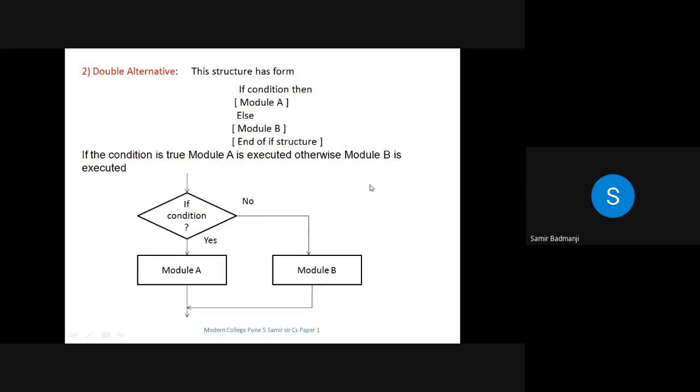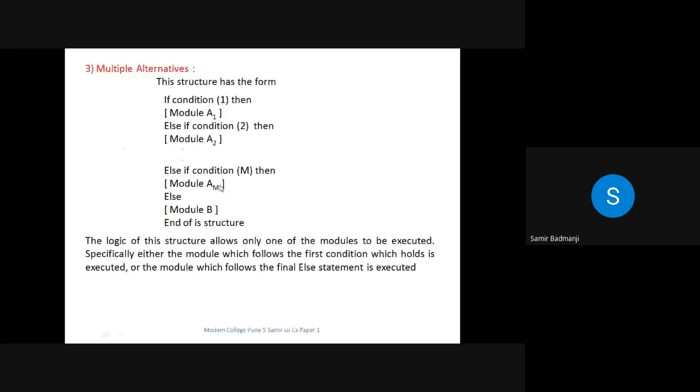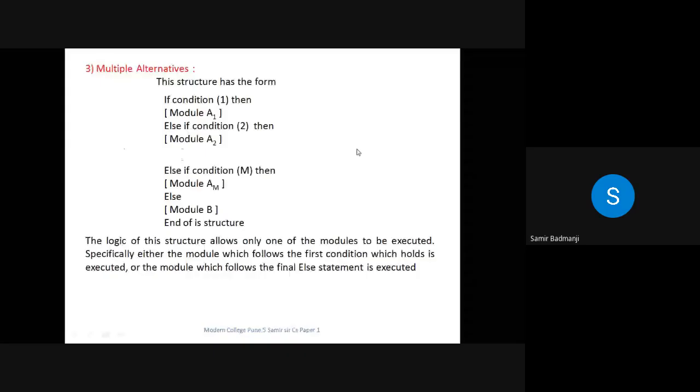Now the last one is multiple alternatives. So which example we had seen last year of multiple alternatives? But if condition M is true, then module AM is there. Now if all the conditions are false, then by default module B will be executed. Alternatives. So logic of this structure allows only one of the module to be executed.